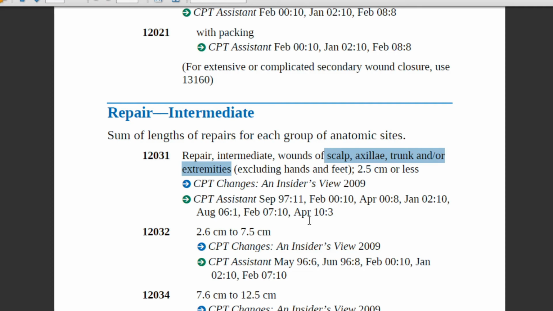So the code starts from 12031 to 12057. And the description of the code 12031 is repair of intermediate wounds of scalp, axilla, trunk and or extremities.